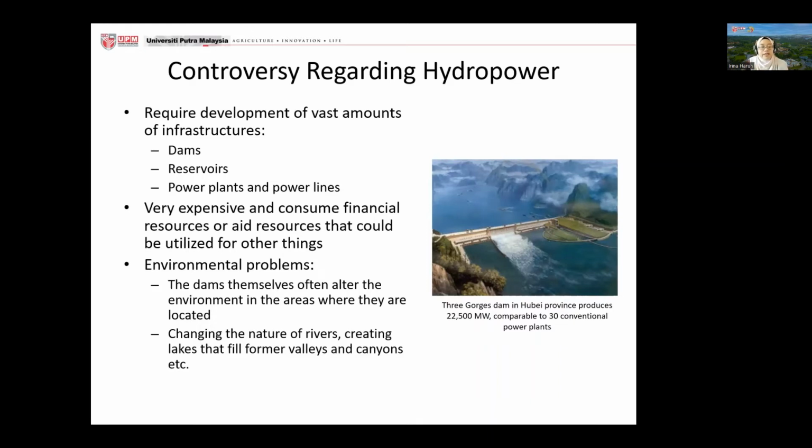In the case of the Three Gorges Dam in Hubei province, it produces a very large amount of electricity,